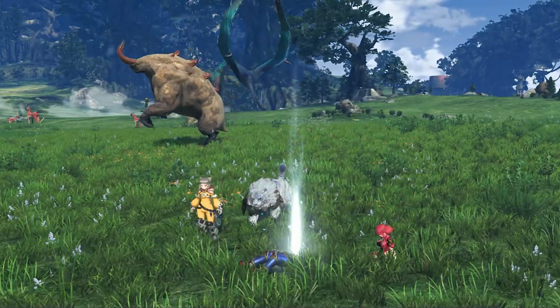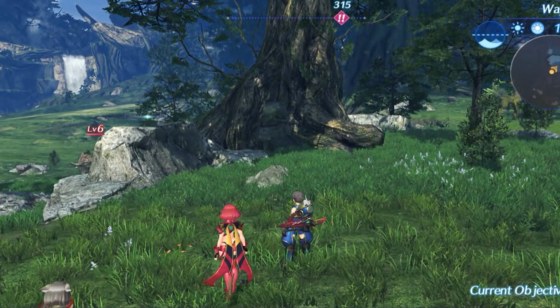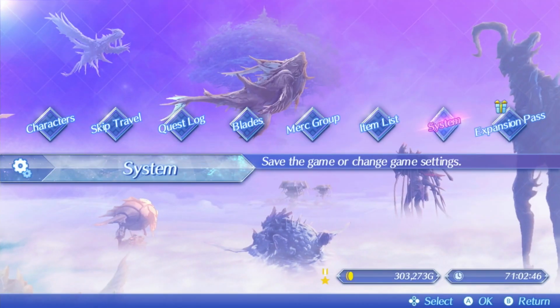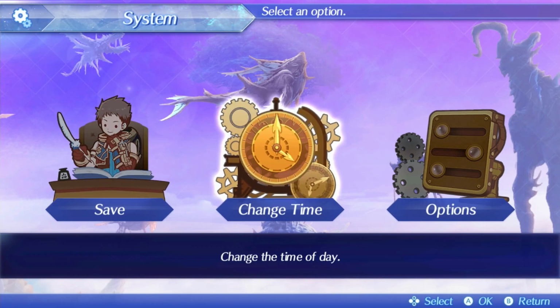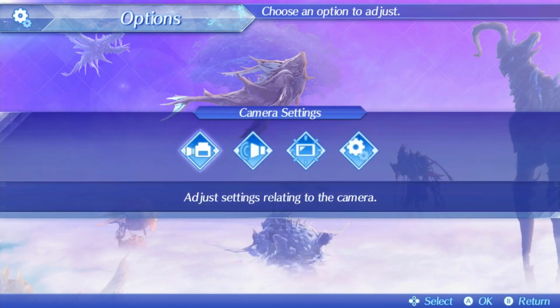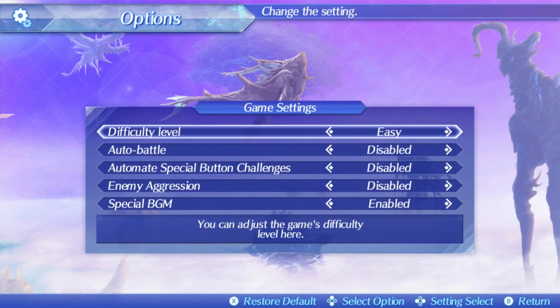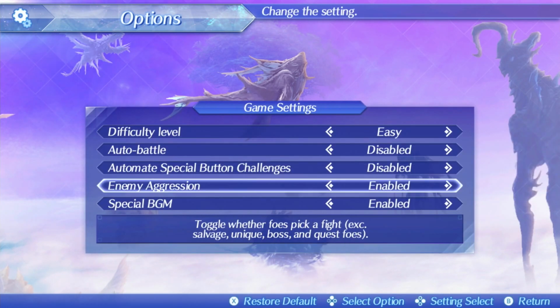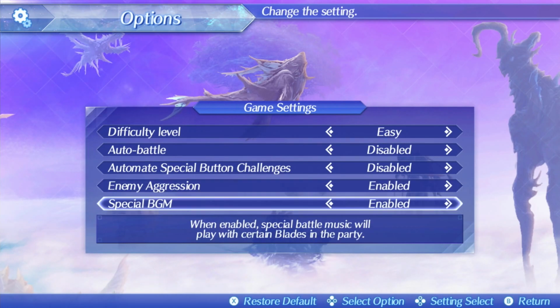It can get annoying at times, especially in the early Titan worlds. But in a usual JRPG, you can easily turn this feature off and on whenever you want, but no, not in Xenoblade 2. In Xenoblade 2, you don't get the option to turn off this enemy aggro unless you have the DLC expansion pass. Having an accessibility feature and gameplay option hidden behind a DLC paywall is just a little